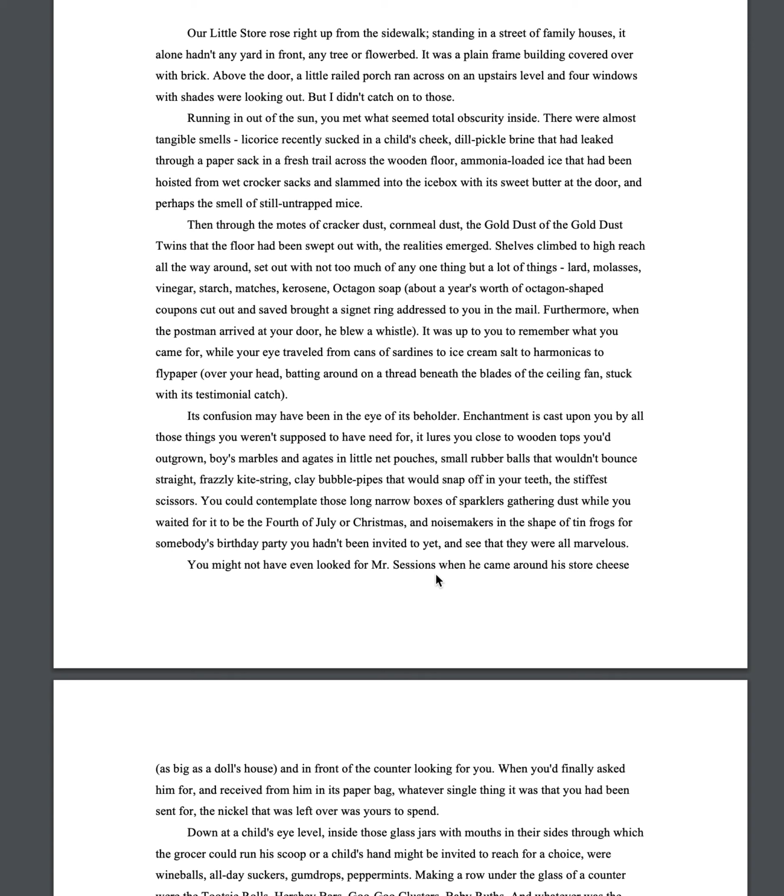If you'll notice right off the bat, we move inside, and she starts describing what things smell like as soon as the door opens and that change of air hits. She describes these things based on smell, and by her describing the smell, we get the visual images that they're associated with as well. Now, I know that some of you aren't familiar with back in the day when you had to buy ice in blocks and refrigerators weren't electric, you put an ice block in them. They were often stored in the ground or something. But that's what we're talking about here.